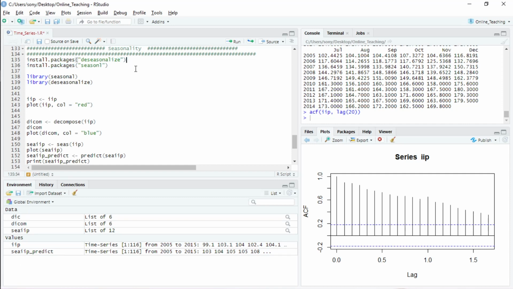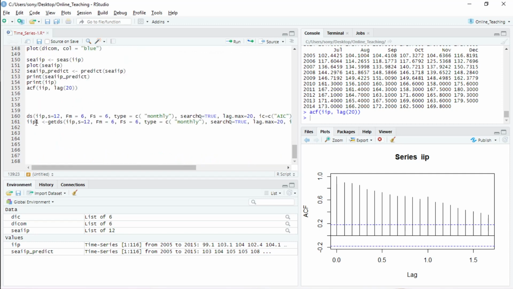To use all these packages, you have to install them first, then call them by typing library and the package name. Now I'll show, using the old package, how to deseasonalize the data.